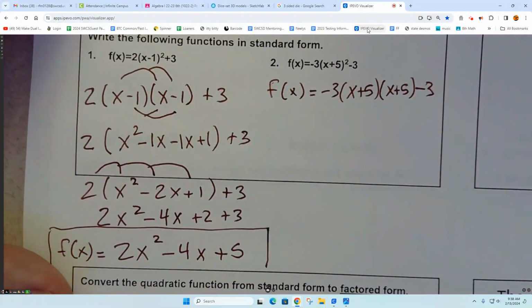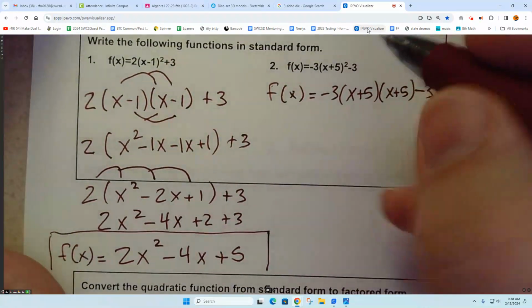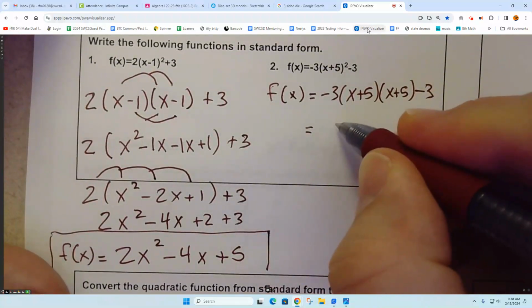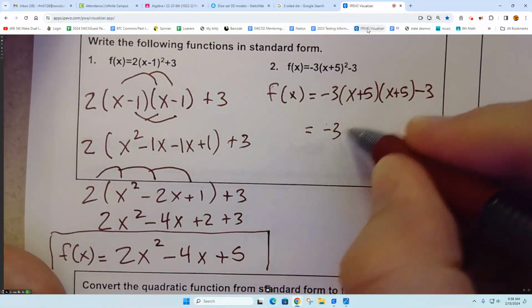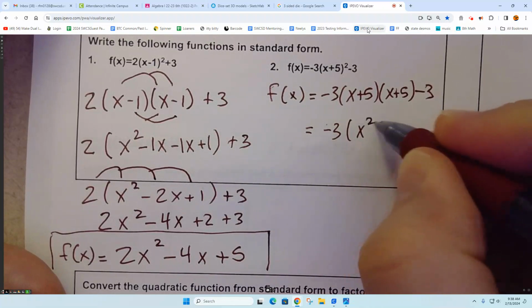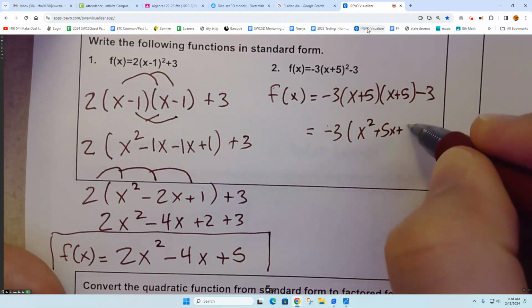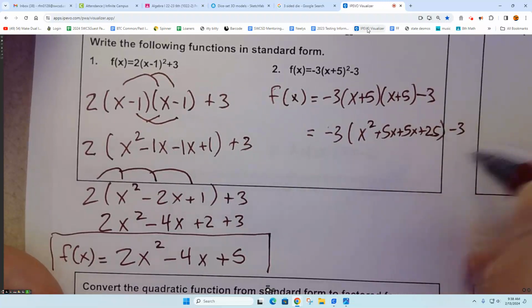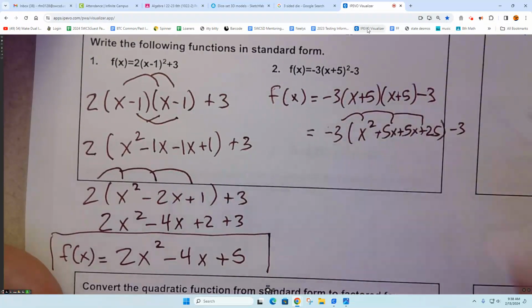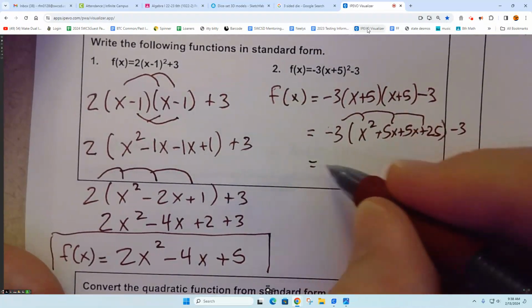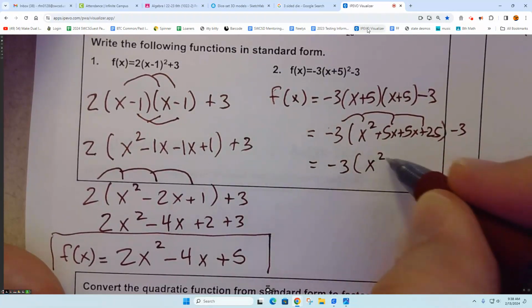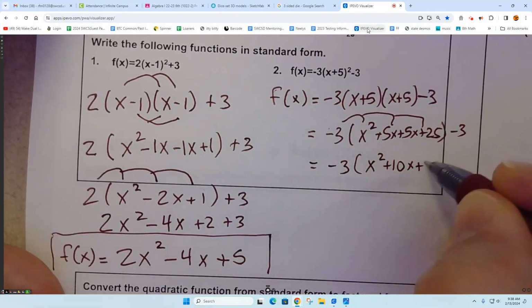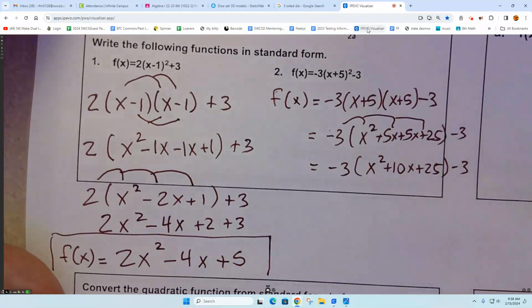So I'm going to write that as 2. I'm going to FOIL this. I'm going to leave that -3 on the outside. So I get x squared plus 5x plus 5x plus 25 minus 3. Distributing that -3. Oh, I want to clean that up first. Sorry. -3 x squared plus 10x